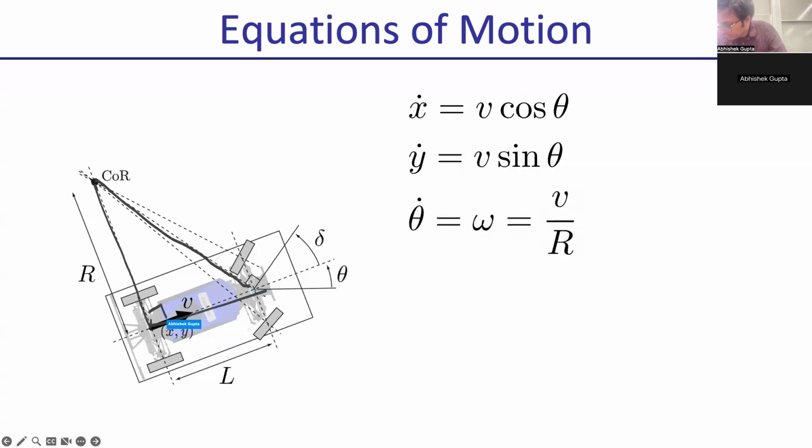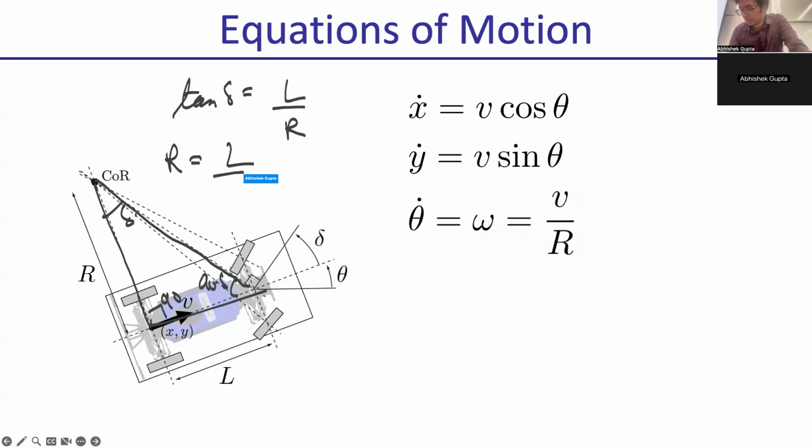It had 90 minus delta, right? And so what that tells you is you can compute the tangent delta. If you look at tangent delta, it's equal to L over R, just trigonometry. So if tangent delta is L over R, then R is just L over tangent delta. So my radius R is equal to L over tangent delta,